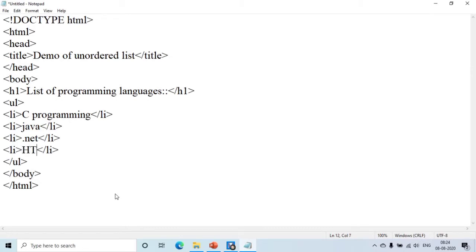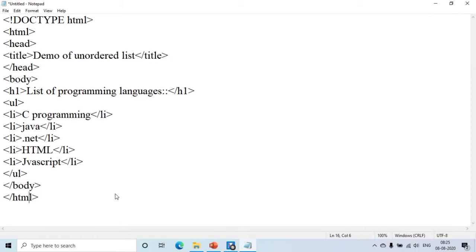HTML. Li and end of li. Within that, suppose JavaScript. In this way you can add any number of list items here. After that, close the UL tag, then the body tag and the HTML tag.